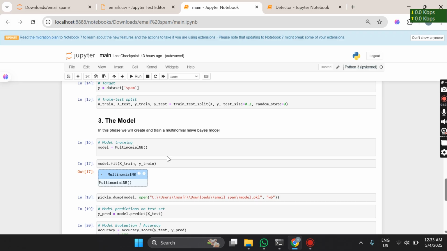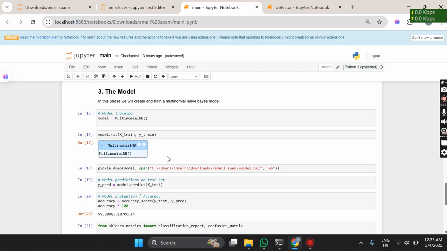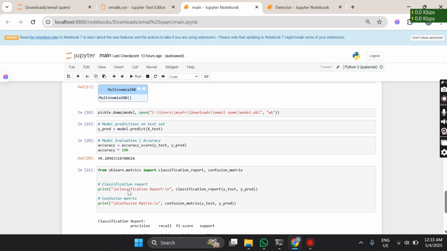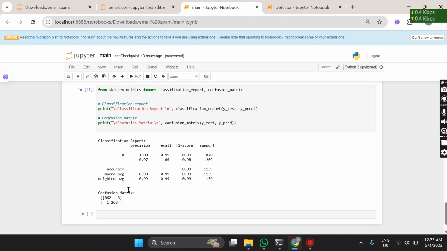Again we save the trained model using pickle. We will use it later to make real-time predictions. So again I define a location where I want this pickle file, and again I make a pickle file. I will use this for real-time prediction. To check the accuracy, I checked it, and the accuracy is 99% here.